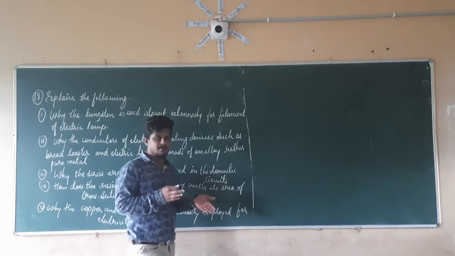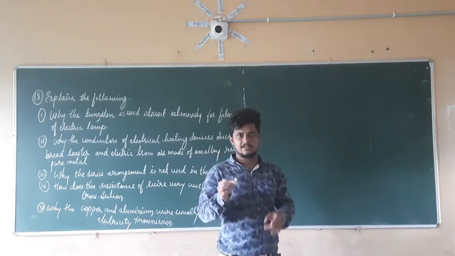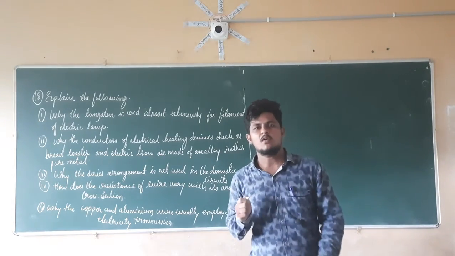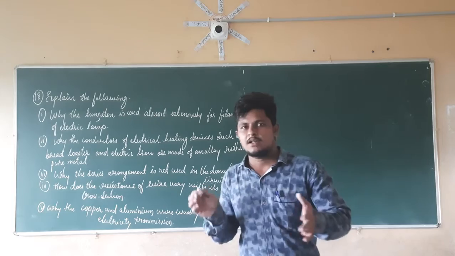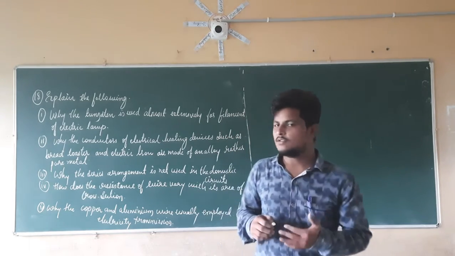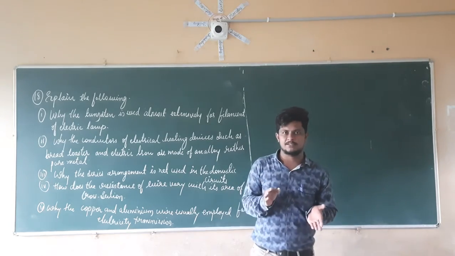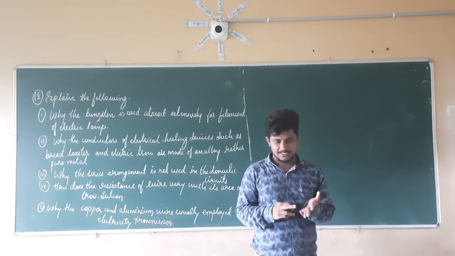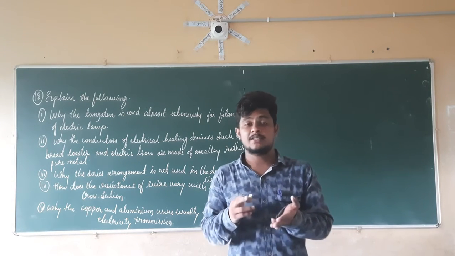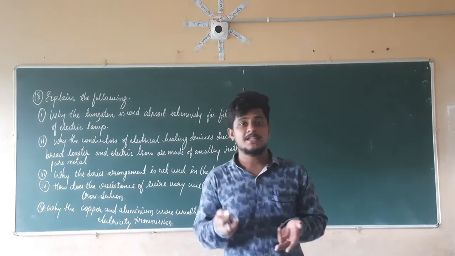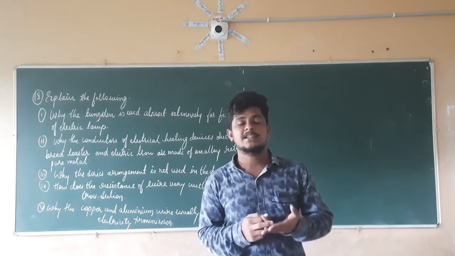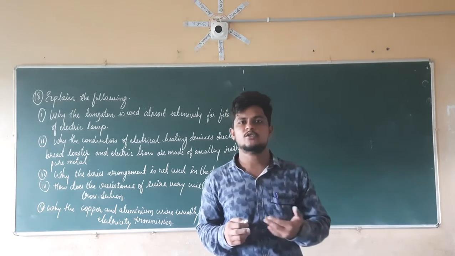We already discussed the electric lamp, whose filament is made from tungsten. So what is the reason we use only tungsten filament, not the filaments of other elements? We know that tungsten has these properties: it has low resistance, it is a good conductor, and it has more resistivity compared to other wires. Another property of tungsten is that when it is heated, it gives light. Right? It produces light.